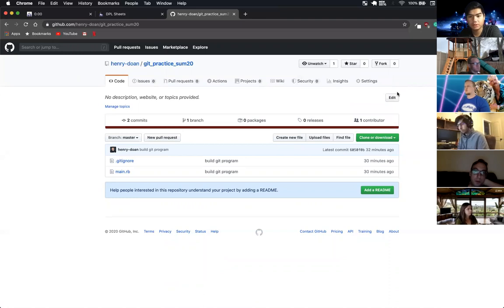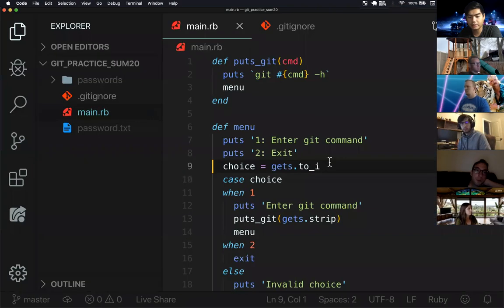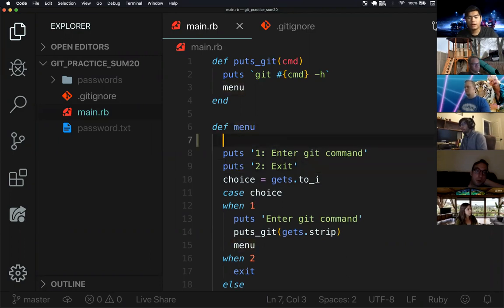Awesome. So before we go to break, I actually want to show you one more thing just so we get this down. So let's say that we want to add additional code, right? I'm going to add a whole new line here inside of my menu. I'm going to say main menu. And with this,